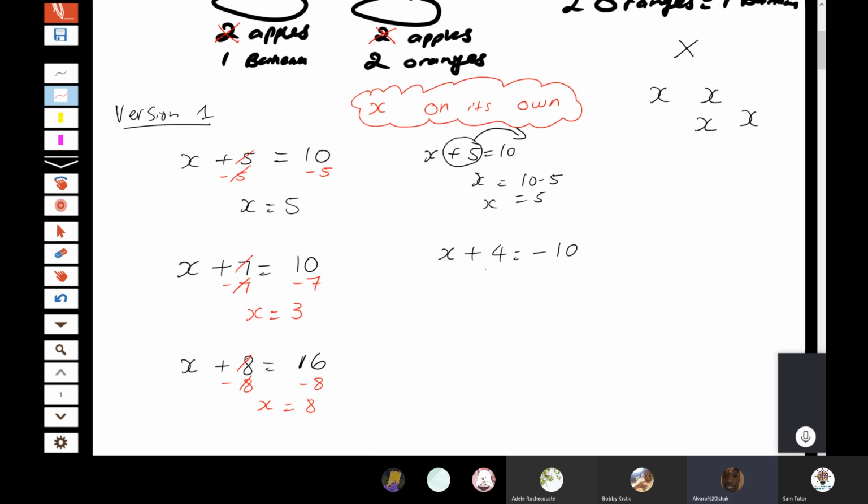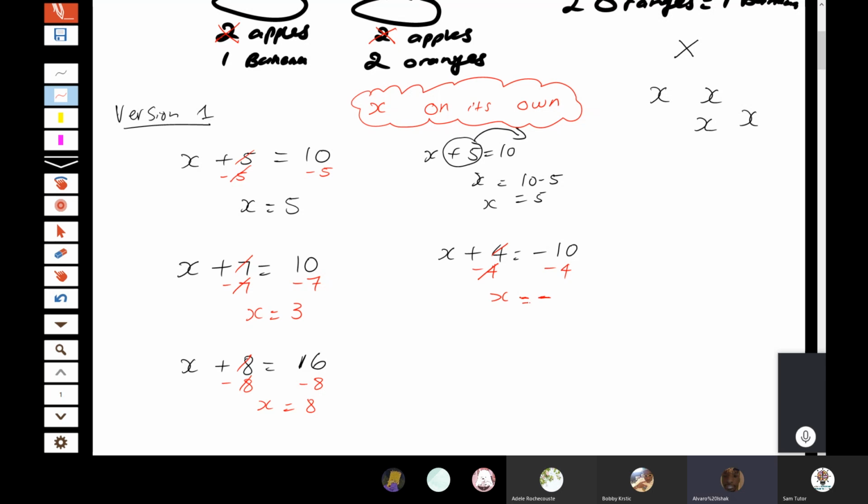Alright, so you've got to take away 4 first. You've got to take away 4. So this goes and then you balance it. Now, what's your answer? Negative 10. X take away 4 equals 6. Ooh, wrong. Negative 10. Oh, sorry. That's okay. X equals